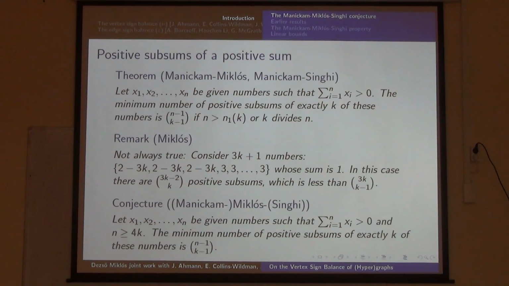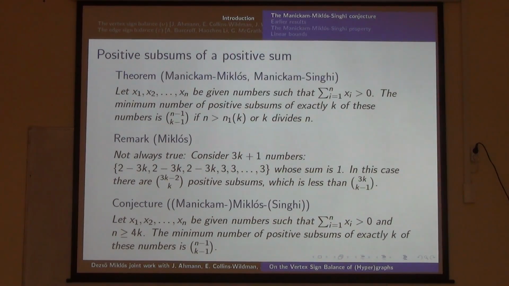But clearly the easiest way to make the conjecture was that the trivial construction is always the best construction if n is at least some constant times k. What made the picture a little bit more complicated was that for n equal to 2k, when n-1 choose k-1 and n choose k-1 are equal to each other, it's very easy to prove that this is the minimum: take a set and the complement of the set, the usual trick will always work.